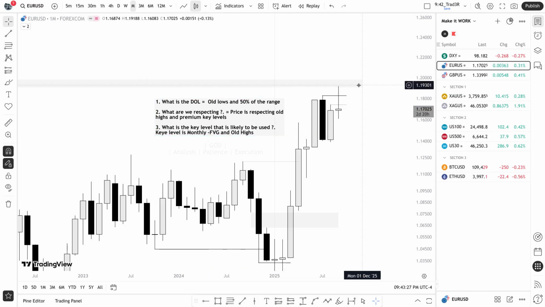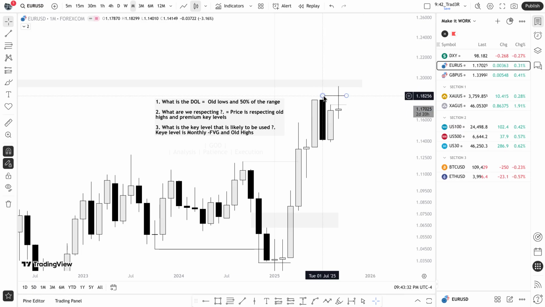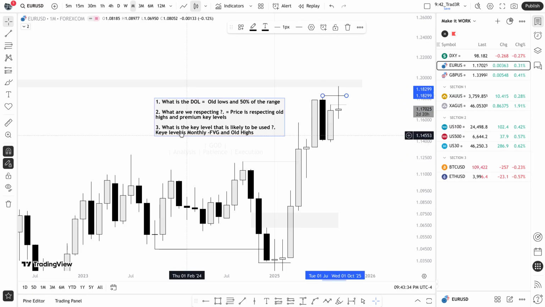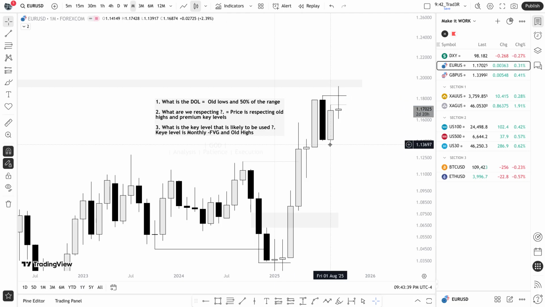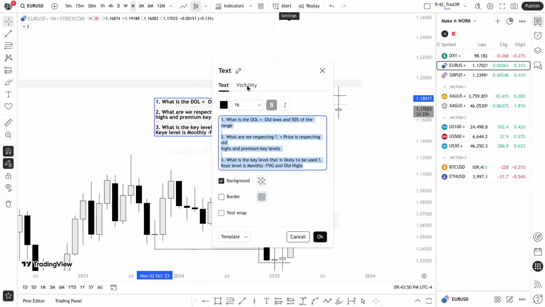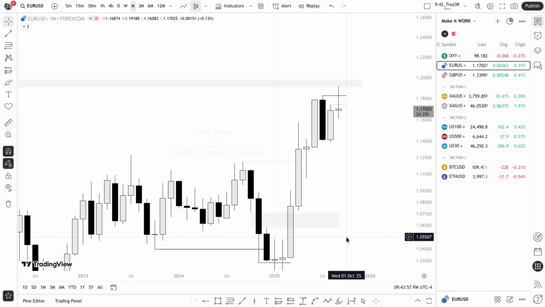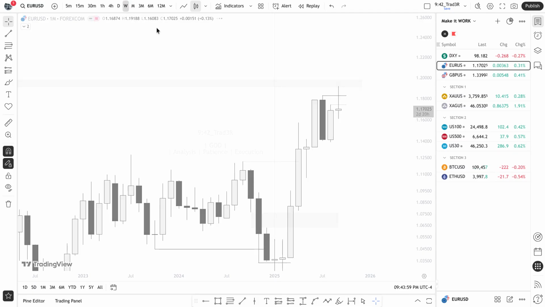So you can see this is a key level, which is the monthly fair value gap. This is the old high, which is the key level. Now the drawn liquidity is 50% of this range high, range low. If you go to the lower time frame, you'll see it. And also price is respecting what, these old highs. So if we make this visible on the weekly charts, and if we go to the weekly time frame, you will see here